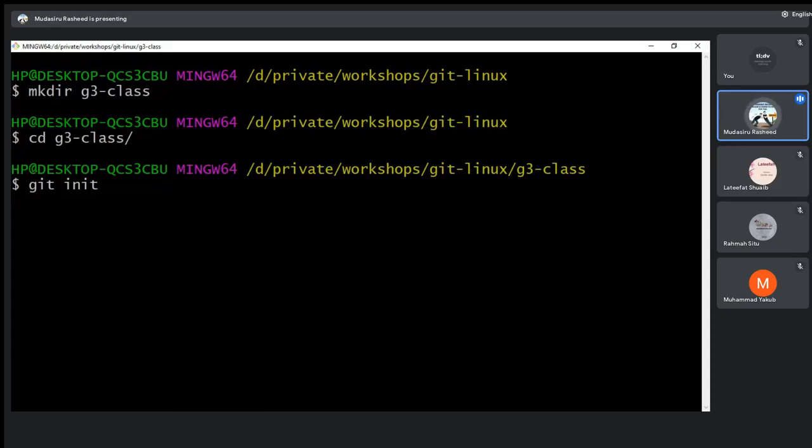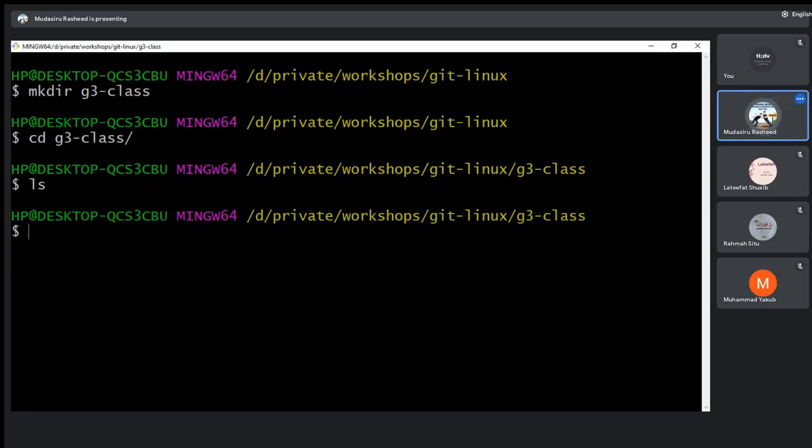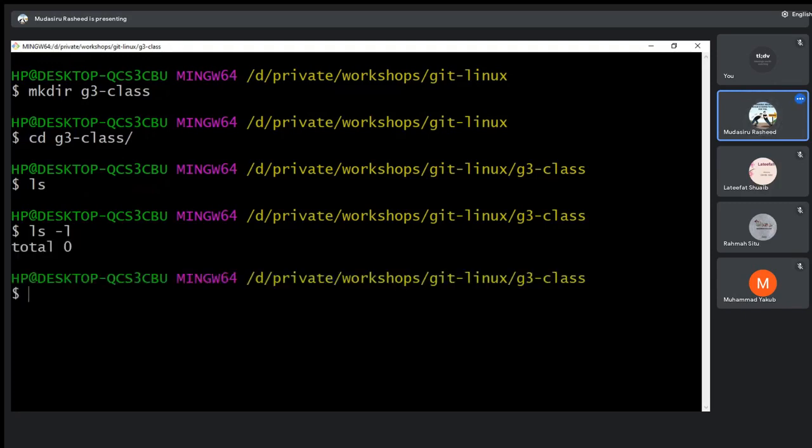What this will do is, okay, if I list, let me go this way, if I list the elements here, we all know that it's empty. There's nothing inside this folder. You get that? Okay, but now if I still go ahead and say list the hidden files, there's no hidden file. Okay, but now to be able to use Git, I need to set this folder so that, okay, I want to be using Git here.